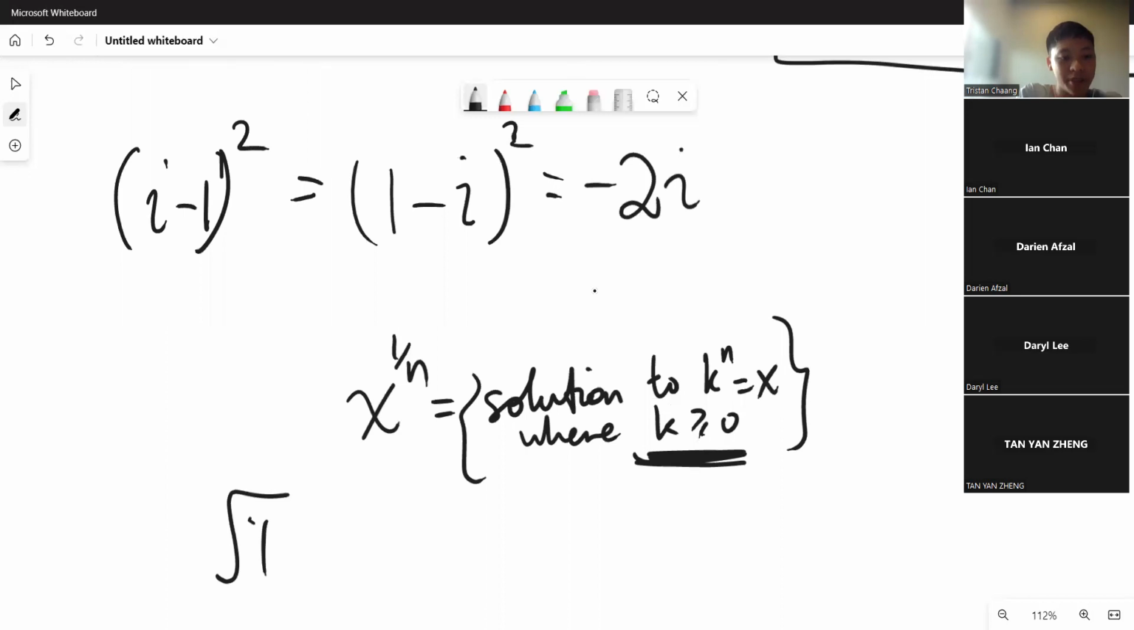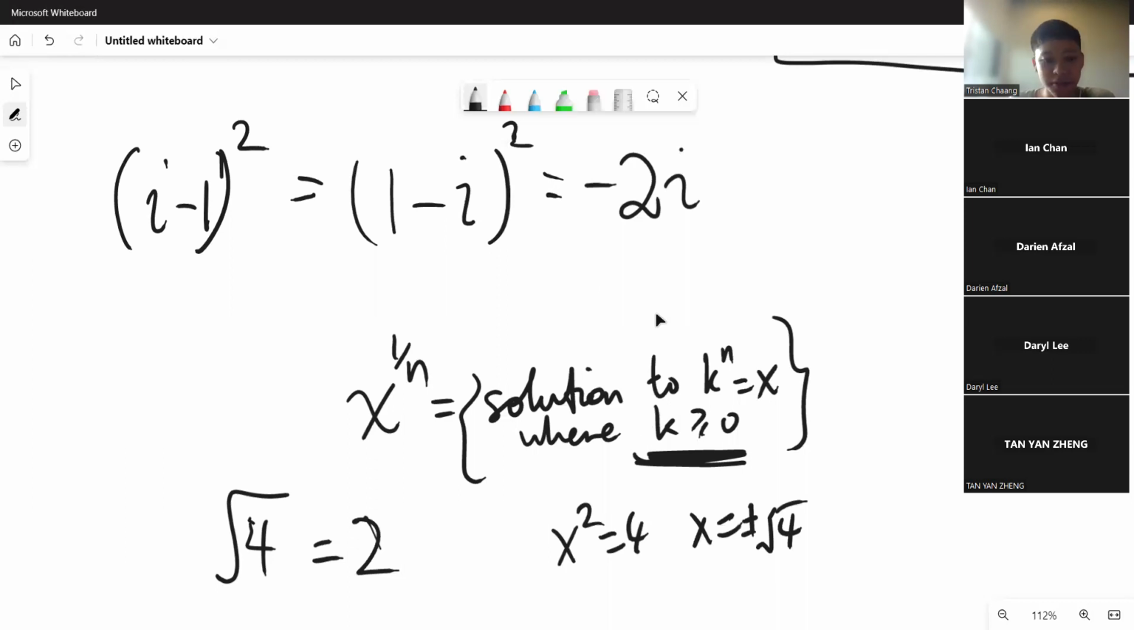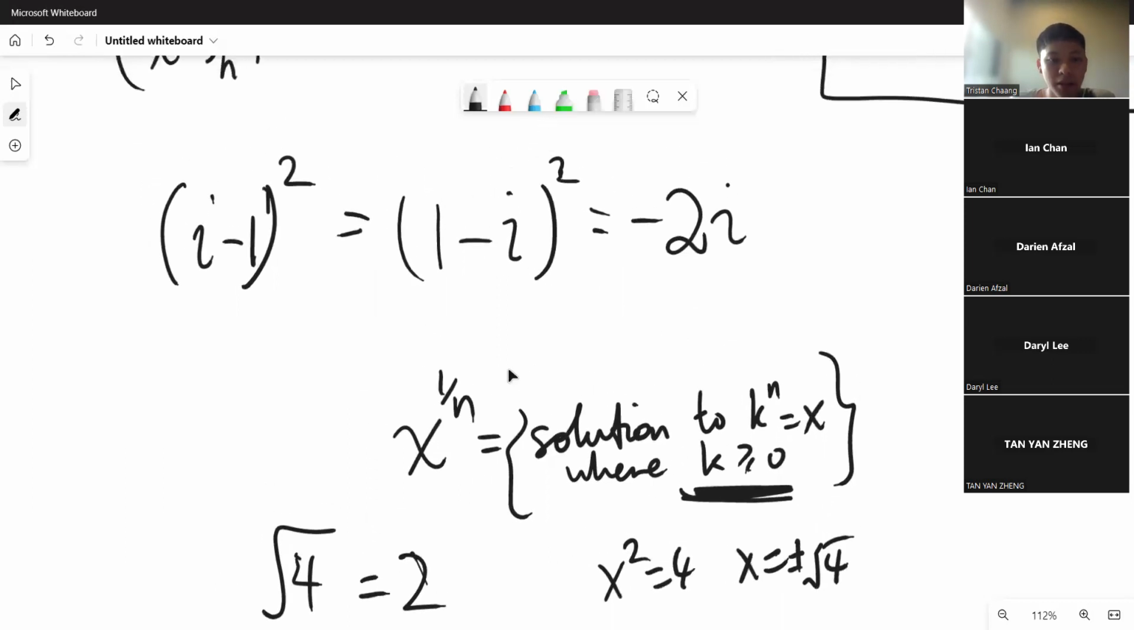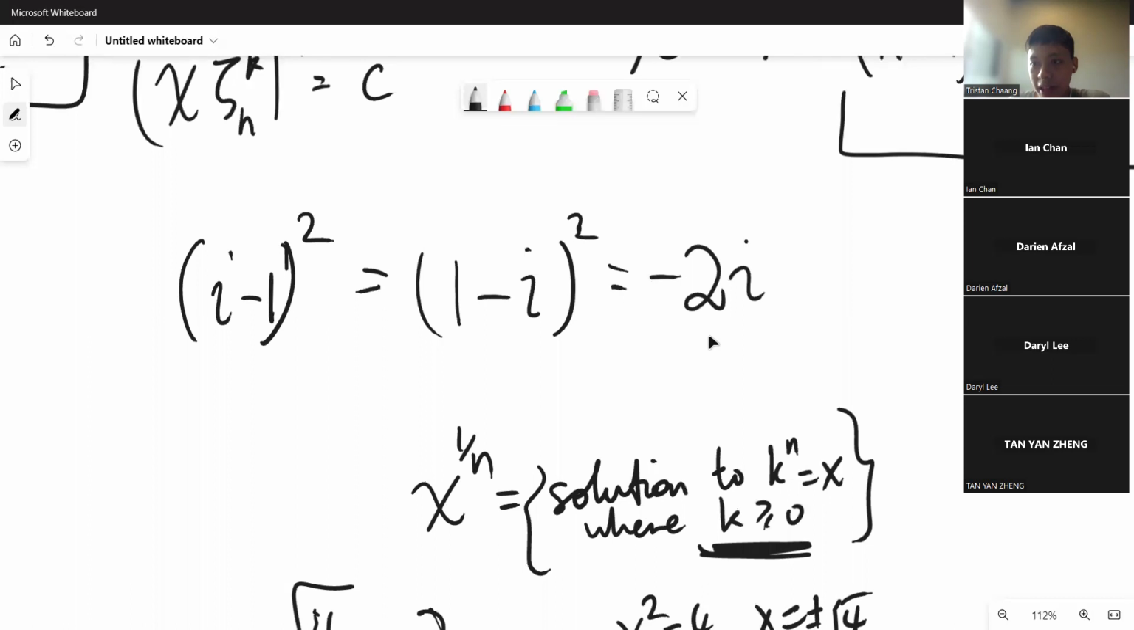Like if we say square root of 4, we will say it's 2. We wouldn't say it's minus 2. But if we say x squared equals 4, then x equals plus or minus the square root of 4, and that's plus or minus 2. But here we don't know which one to choose. And therefore,